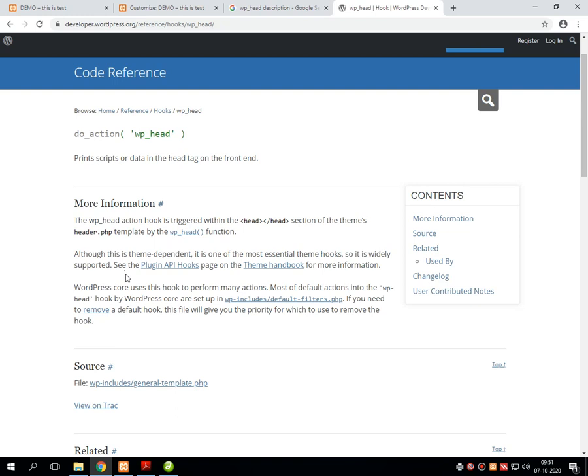Let me tell you the description of wp_head. wp_head is an interactive WordPress function which returns the head of the entire website onto the screen. It should be written in between head and slash head, and it must be written into the header.php of the entire WordPress website. This is the theoretical description of wp_head.